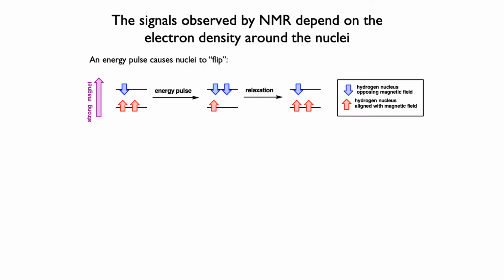What's going on when you run an NMR is that you have this really strong magnet that we just saw. A lot of that NMR instrument is its magnet. When we're looking at nuclei, and frequently that's hydrogen nuclei, the centers of these atoms also have magnetic properties. We can think of them as little magnets. They can be either aligned with the magnetic field, which is more favorable for them, or opposing the direction of the magnetic field, and that's less favorable. They'd be at higher energy.